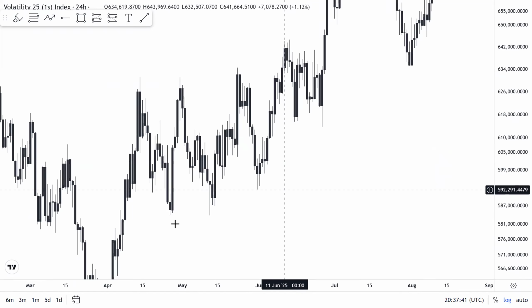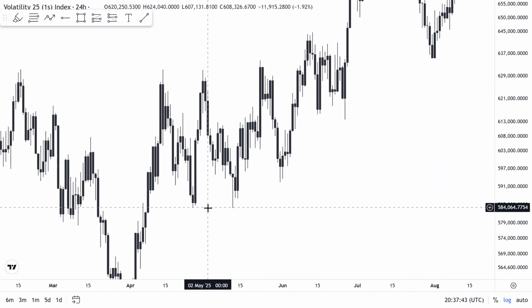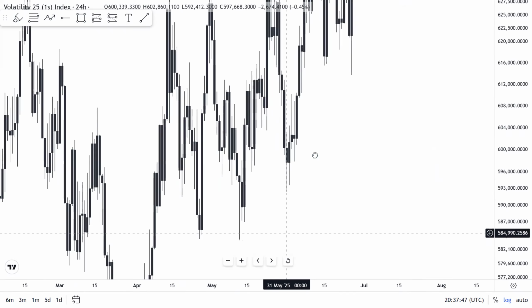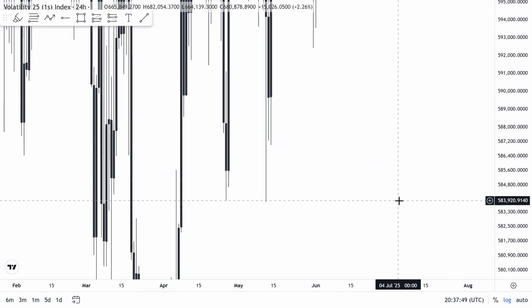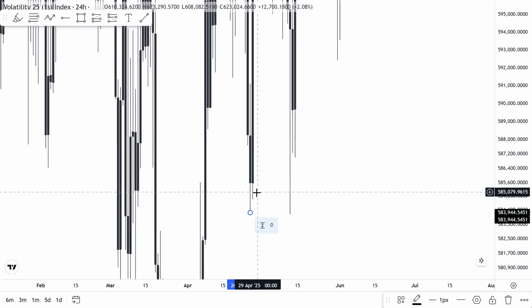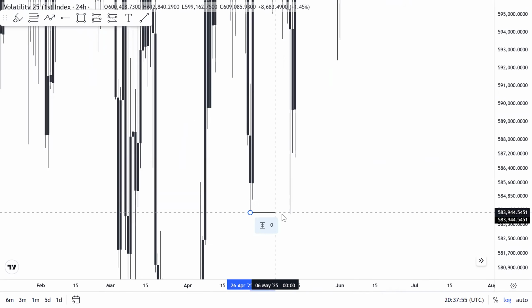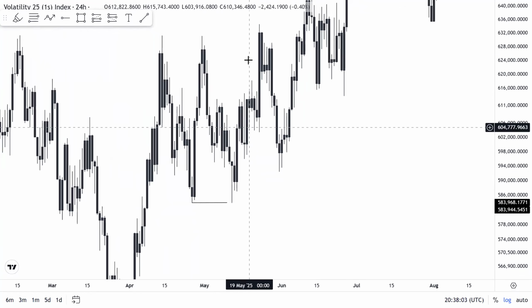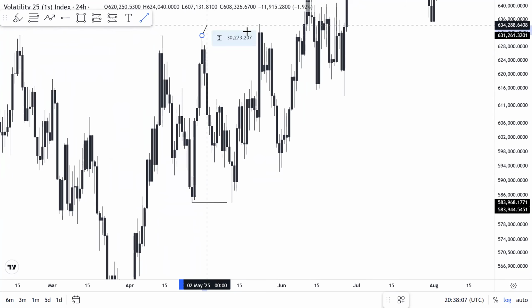Now you can see that what we have here, this low swept. Yes, this low was swept here. Let me see if this low was swept. Yes, we have a sweep of this liquidity here. This is a sweep, right? And this is the daily time frame on V25S. I want to show you guys an example of what I mean by A plus setups. Now you have a sweep of this on the daily time frame. Price swept out this high. Price broke this structure right here. This is the break of structure right here.